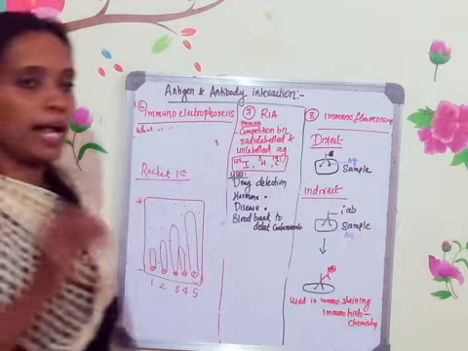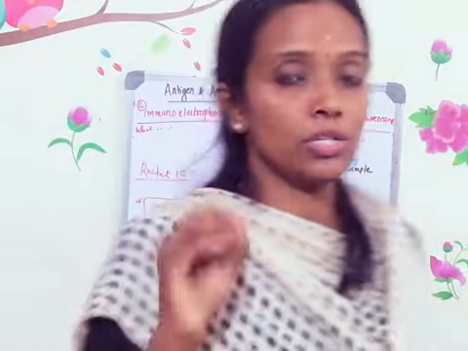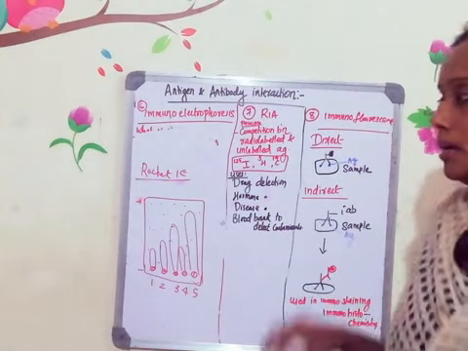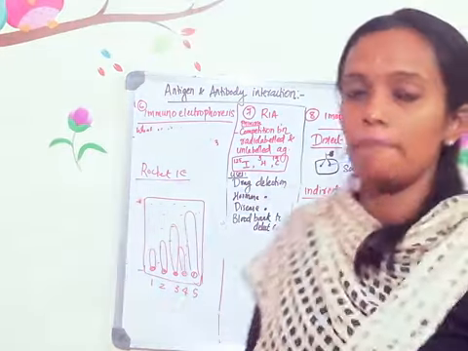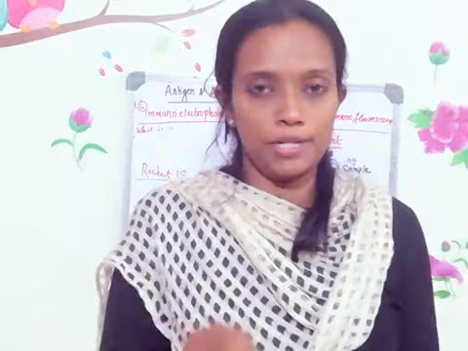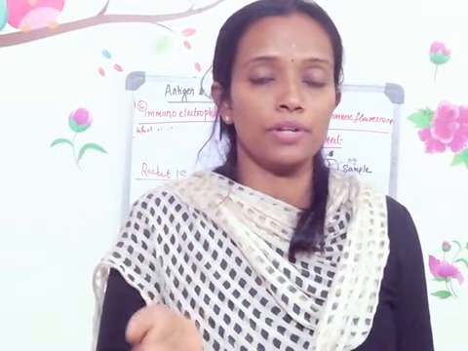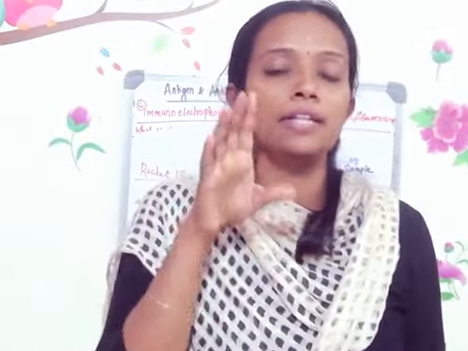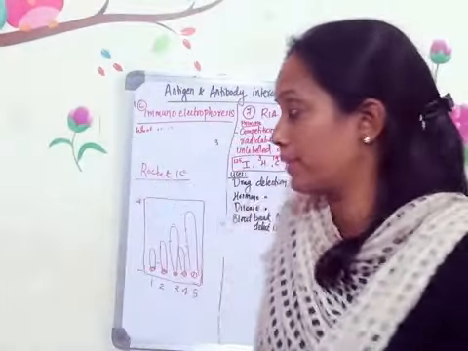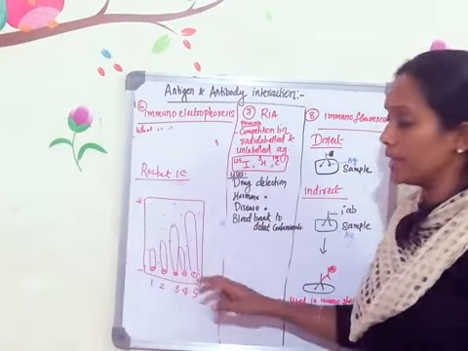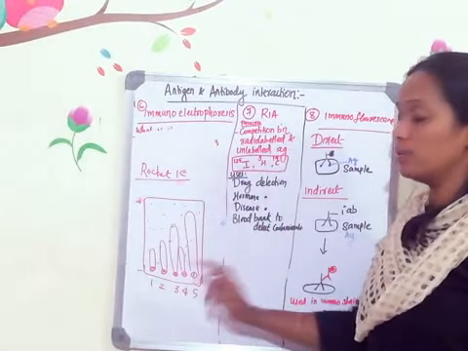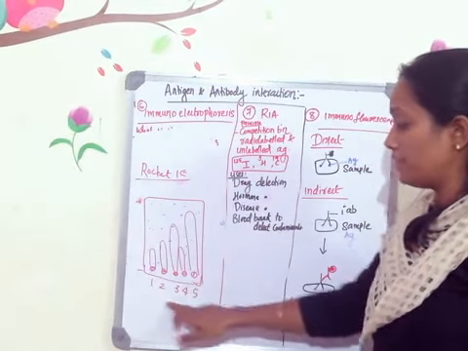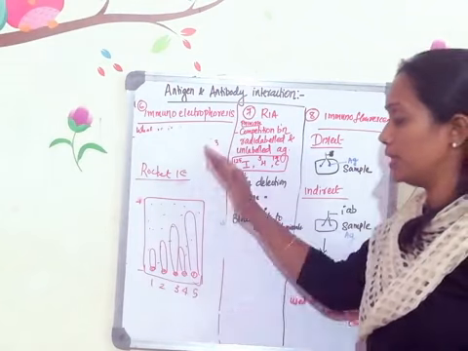So whichever antigen you are looking for, you can quantify its concentration by using rocket immunoelectrophoresis. For that purpose, you need to make an agarose gel. Into the agarose gel you need to add the antibody corresponding to the antigen you are looking for. Mix it well and pour it onto the glass slide. Leave it for solidification. Once it is solidified, you make the wells. Once the wells are ready, you can load the serum samples from the patients. Here we have taken 5 different samples, and do the electrophoresis.